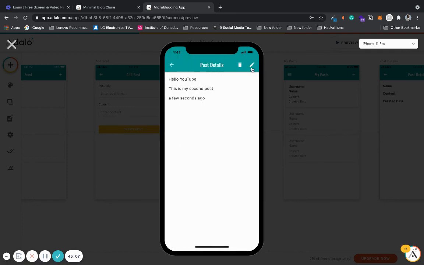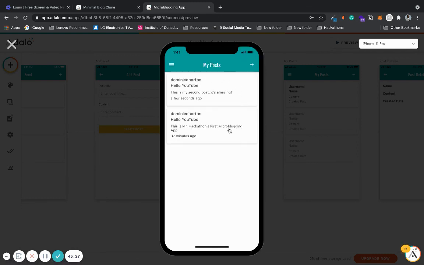We can click on this. We can edit the post. We can say, we edited the post, and